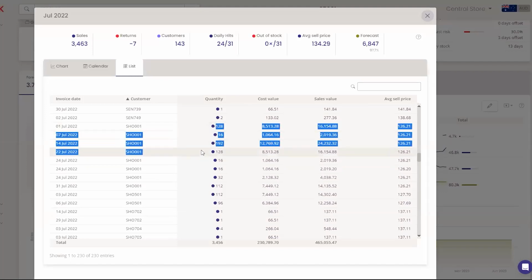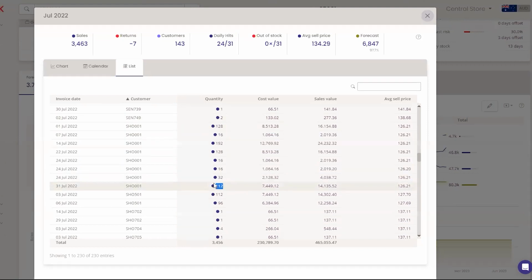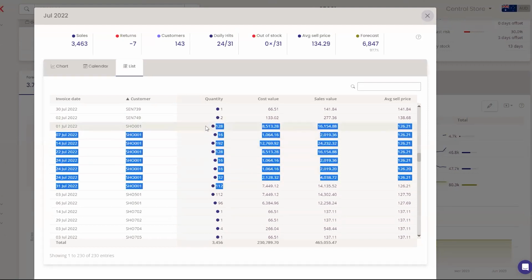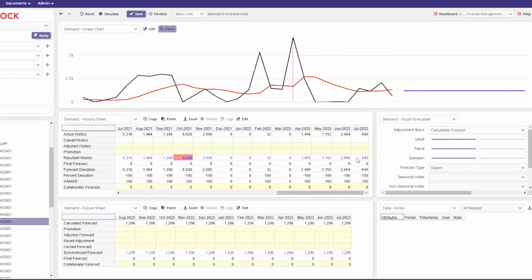If we were to add up all of these sales to this one customer, I did the maths earlier, and those numbers add up to 640 for July 2022. And that's what we see here in this cell in the actual history, on the demand history sheet.